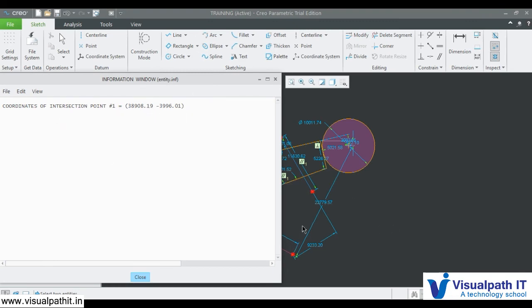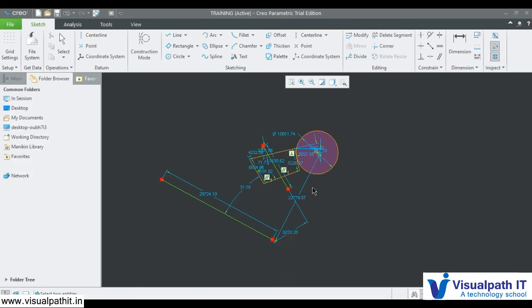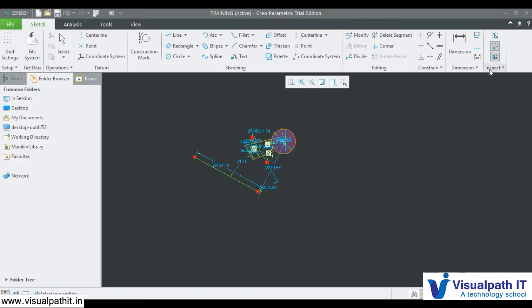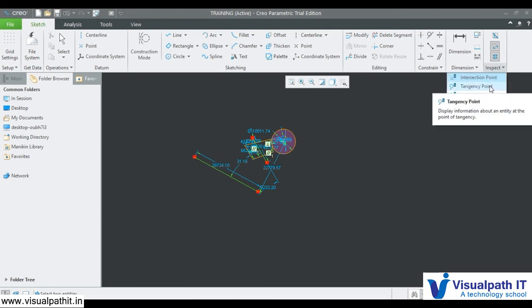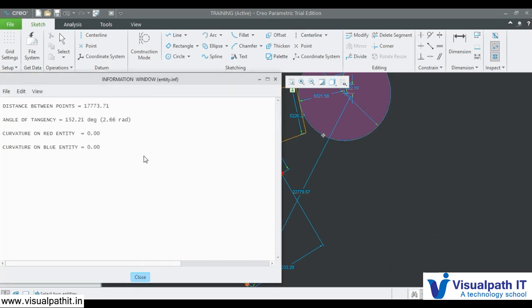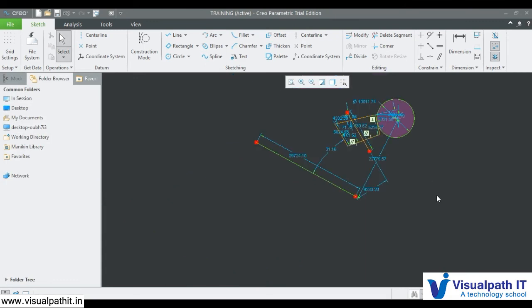These are the coordinates where these two lines will intersect, measured from the origin that we have. This is the point. And I want to see the tangency point. See, this is the distance between these two things. This is the angle of tangency. This is it. So this is how these two things work.